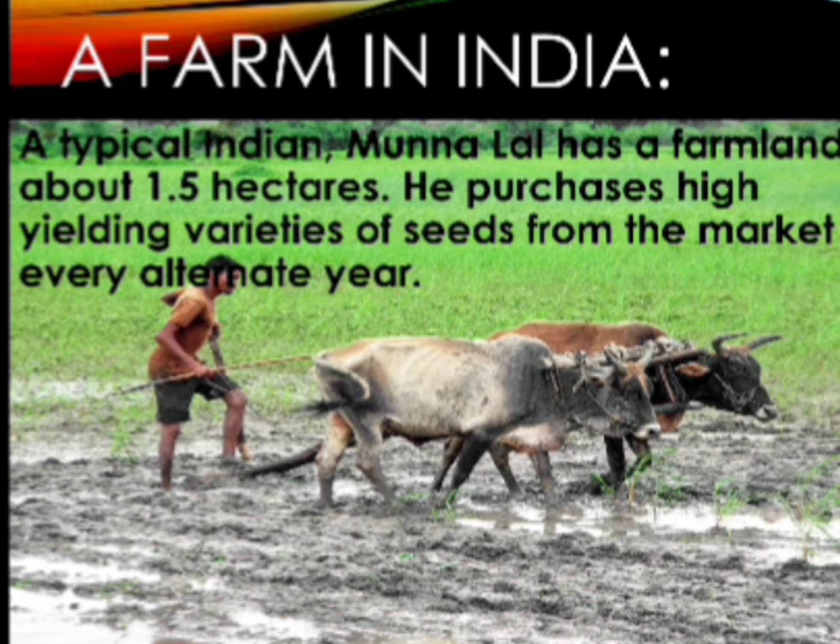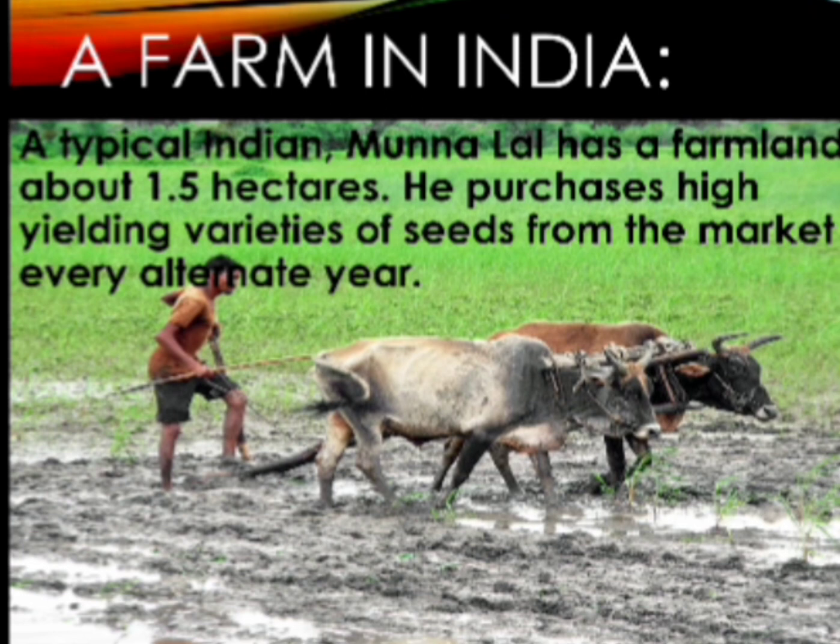Let us take two case studies, one from India and another from the USA, to understand agriculture in a developing and a developed country. The first case study is from India, a small village Adilabad in Gazipur district of Uttar Pradesh. Munnalal is a very small farmer of this village who has only 1.5 hectares of land. His house is in the main village.